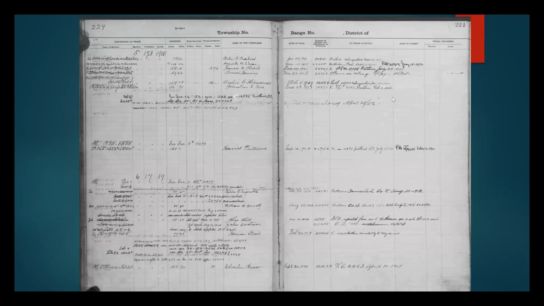This is a tract book. This is what I was talking about that the Oklahoma Genealogical Society sells, and this is for Oklahoma. It's kind of hard to read. When I look at these, I always think, gosh, they're so hard to read, but it's got the person's name in this column, the name of the purchaser, the date of the sale, and here's a receipt number.